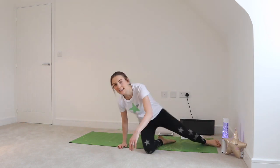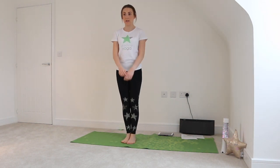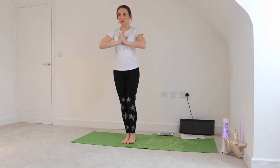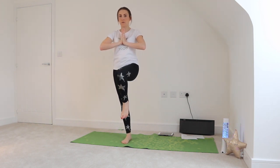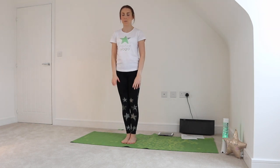Now this is really complex, okay? Lots of adults that I do yoga with can't do this one. So we're going to talk about different levels that we can do, okay? So we're going to bring our hands to our hearts. And I want you to take one leg and lift it off the floor. Now remember, when you come into a balance, you need to focus on something in front of you at home that you can see that's fixed, that's not moving, something fixed to the wall, maybe a picture, maybe a window,